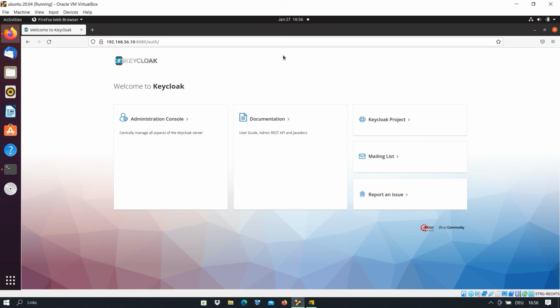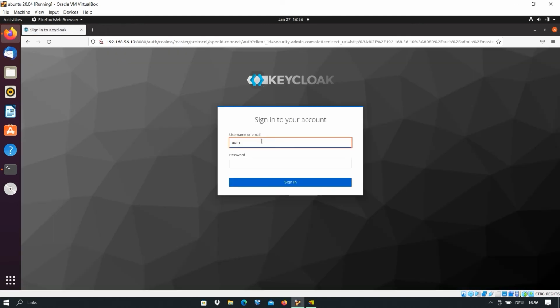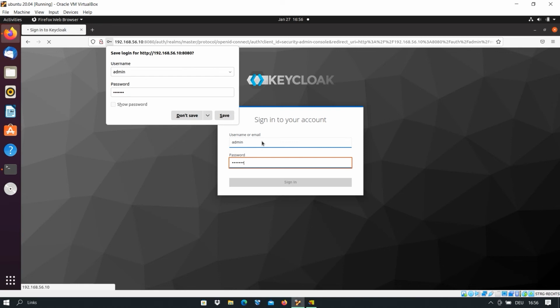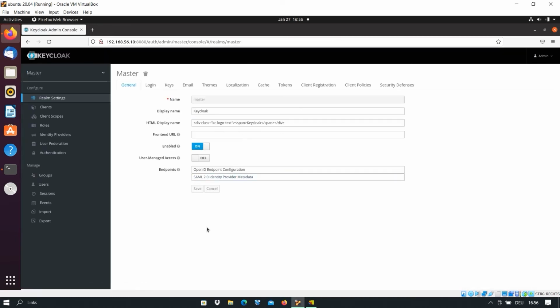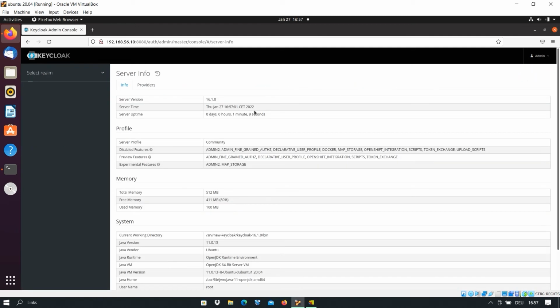You see that Keycloak is running. I just try to log in with the admin. You see that the user admin can log in to the server,